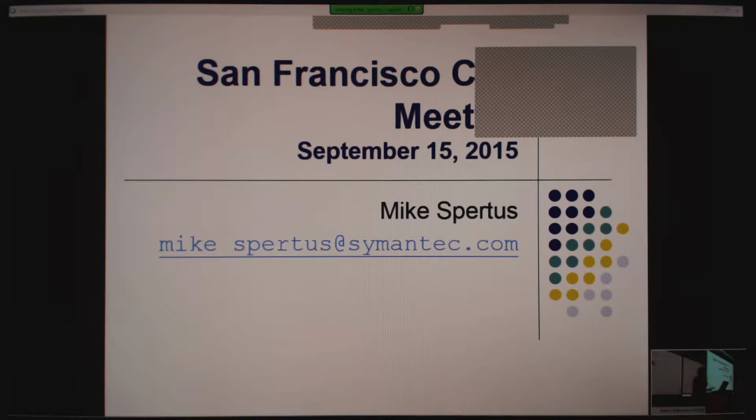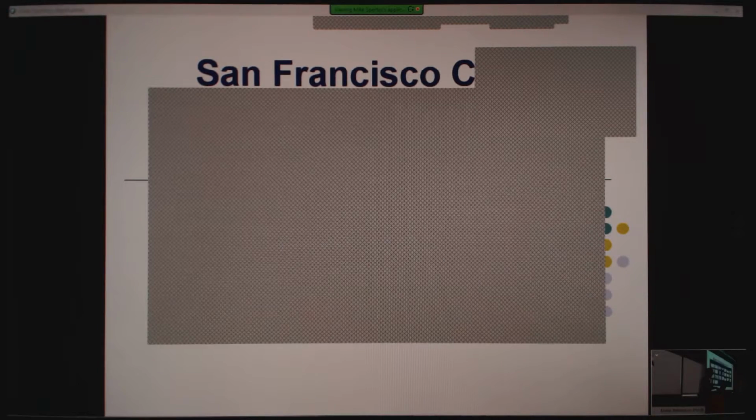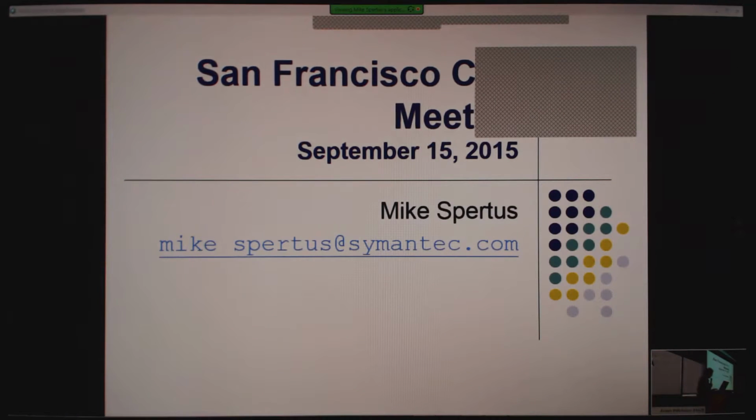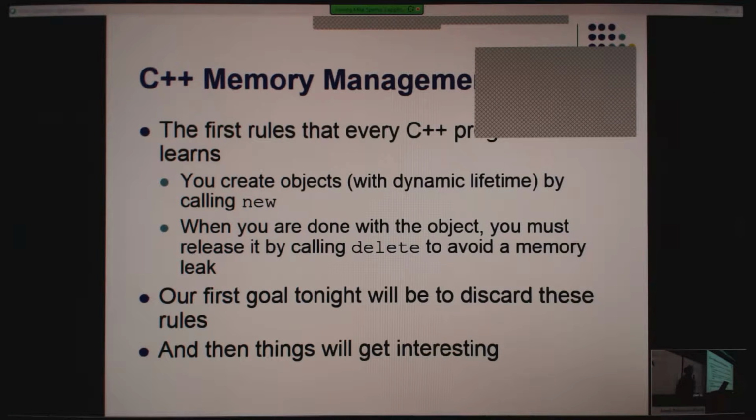But let me know if I need to reset the sharing or anything. The slide is not advancing. Try this. There. Okay. I'm going to leave you to worry about that.